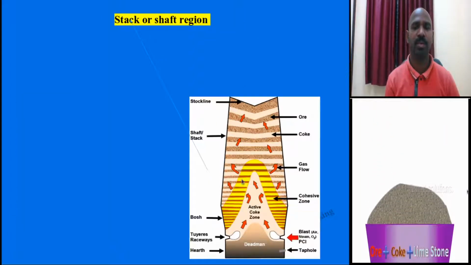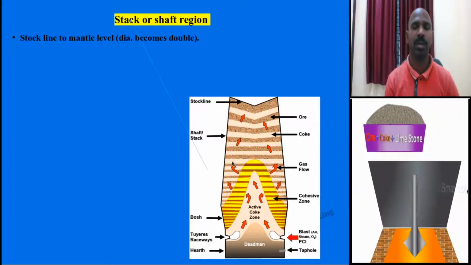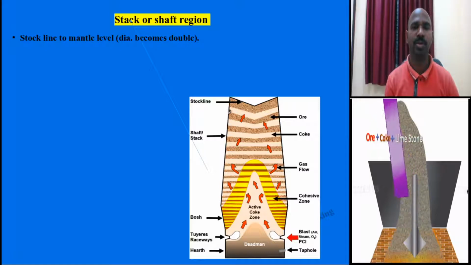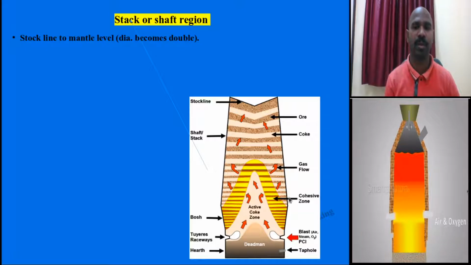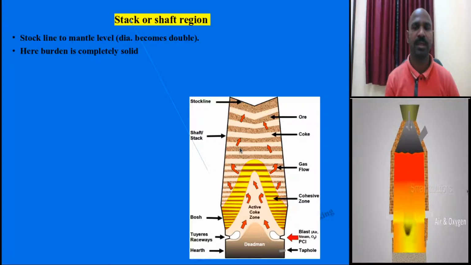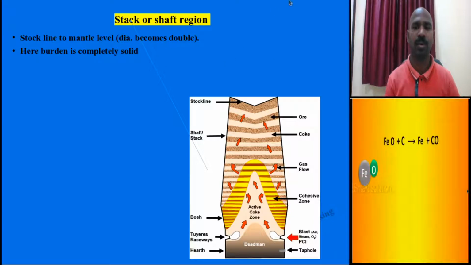Now coming to the next part, the stack zone of the blast furnace. What is the main purpose of the stack zone? Its cross section, if you see, as it is being tapered downward, the cross section is increasing around 25%. This stack zone is very important with respect to the entire material. As you are feeding from the top of the blast furnace, it will be filled completely to the stack zone, which is just below the throat zone. That line we call the stack line or mantle line.